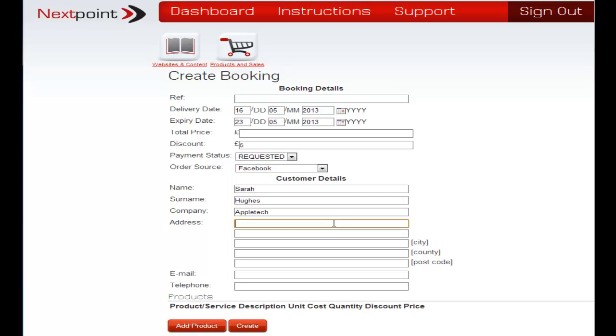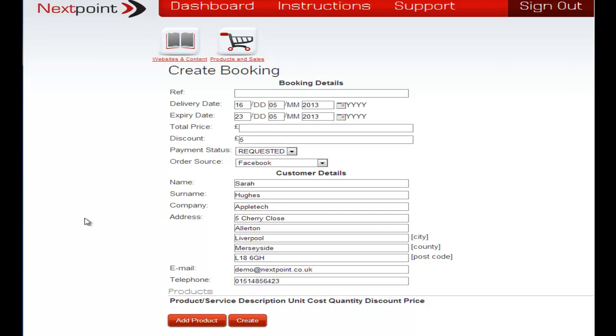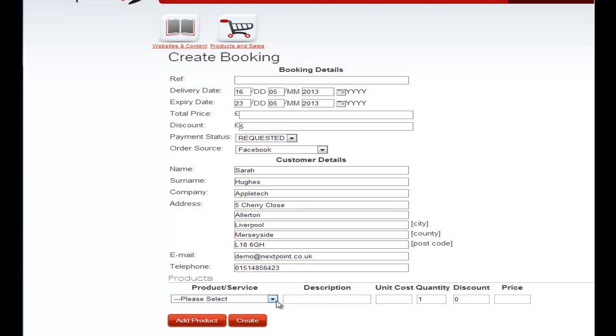Okay. Let's say number 5, Cherry Close. Let's just enter some other information here. Merseyside. There we go. Postcode again, let's just make one up, and we'll set the email back to the demo at Nextpoint. We'll just use a number here. Okay. Add product. And let's say Sarah wants to purchase an article writing. Okay. Yeah, that'll do us. So if we click create,